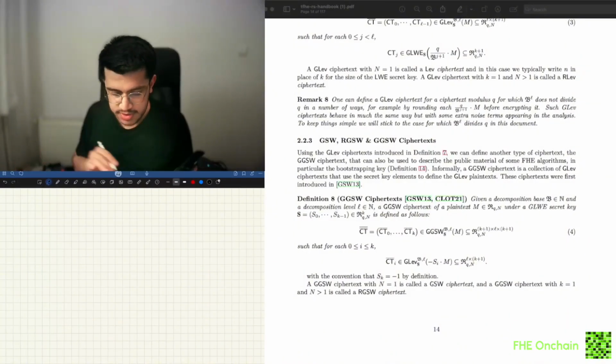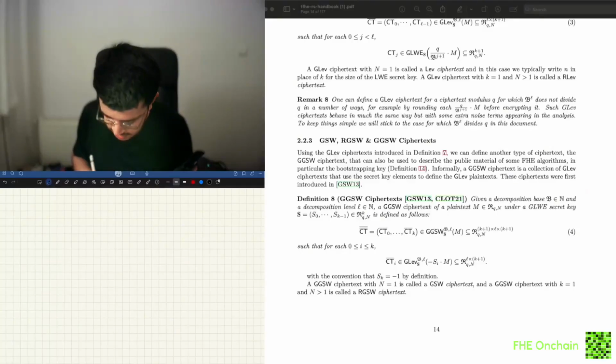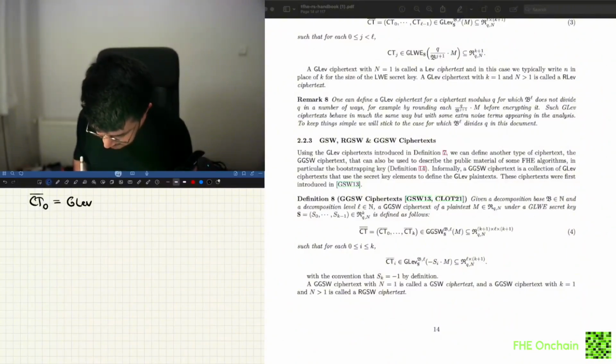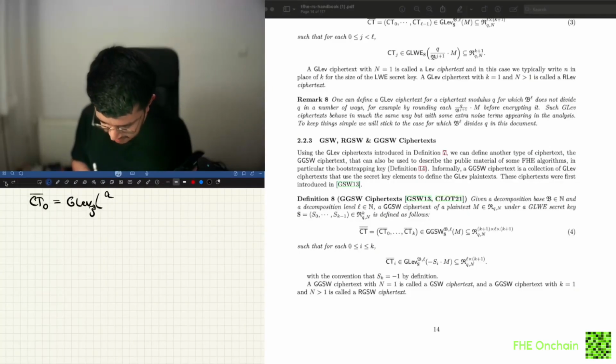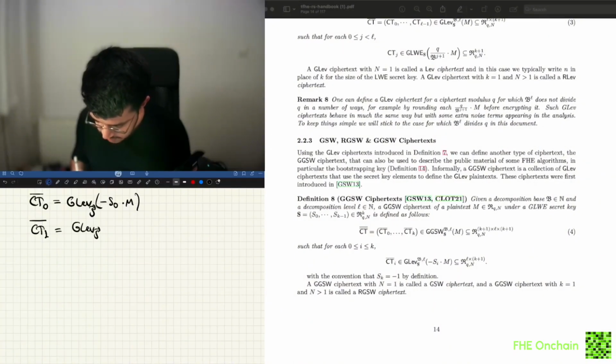So the same idea, but this time CT0 bar will be equal to the GLEV ciphertext of minus S0 times M. CT1 bar is equal to the GLEV encryption of minus S1 times M, and at the end CTK bar will be equal to